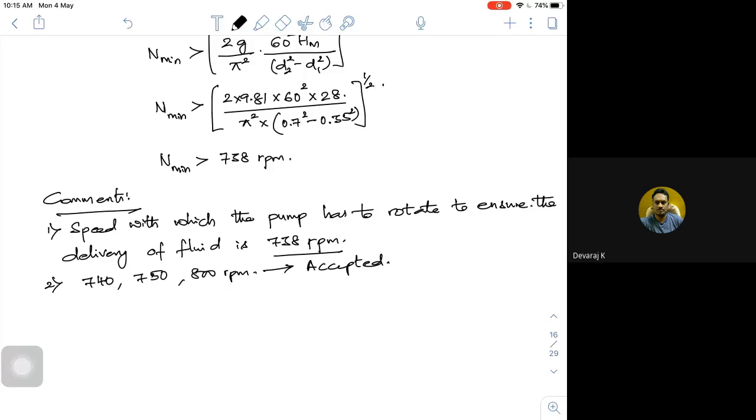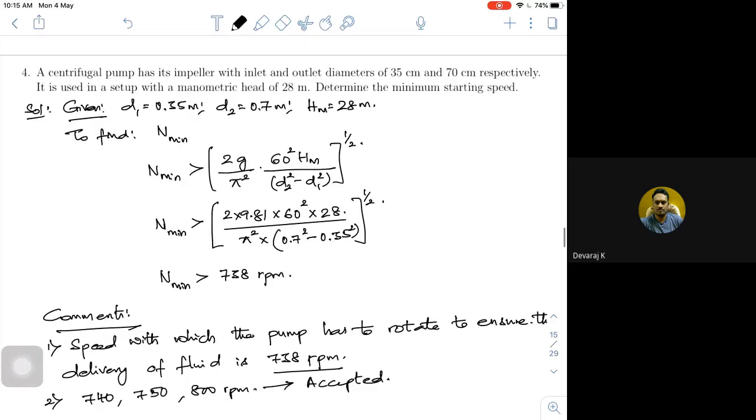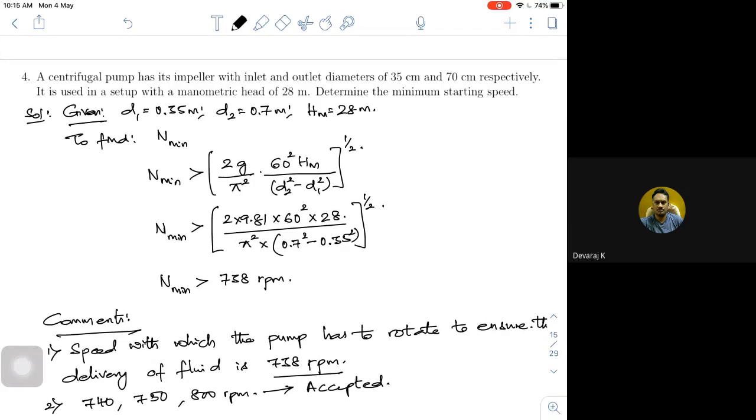And in this kind of numerical, sometimes instead of manometric head, they may give Euler head. So what you have to do? Use this formula. The hydraulic efficiency is equal to Hm by Euler head. Hm will be equal to the hydraulic efficiency into He. So what you are supposed to substitute, because the pump is operating always at manometric head. Euler head is the head under which the fluid will work with the rotor or whatever it may be. But the working head is always your manometric head.